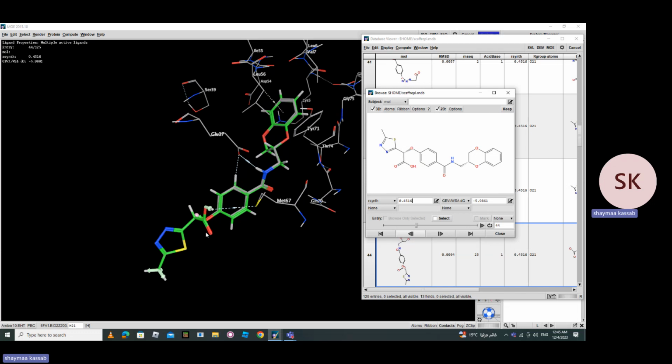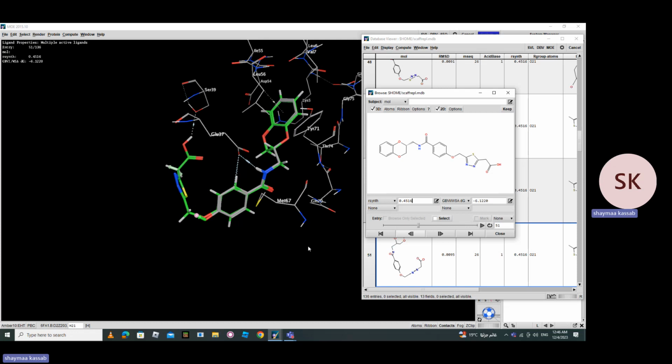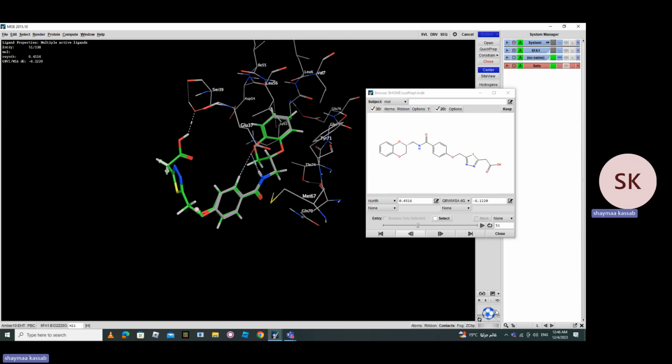Yeah, here we have a compound able to form hydrogen bonding with methionine 67, which is nice. Also nice. So it's a kind of diversity, a new binding pattern. I'm still looking for a compound that is able to form a hydrogen bonding with, oh, we got it. Very nice. Now we have a compound that is able to form hydrogen bonding force with agreeable strength